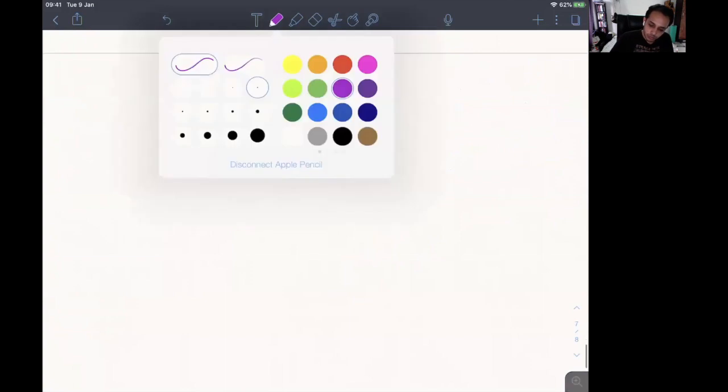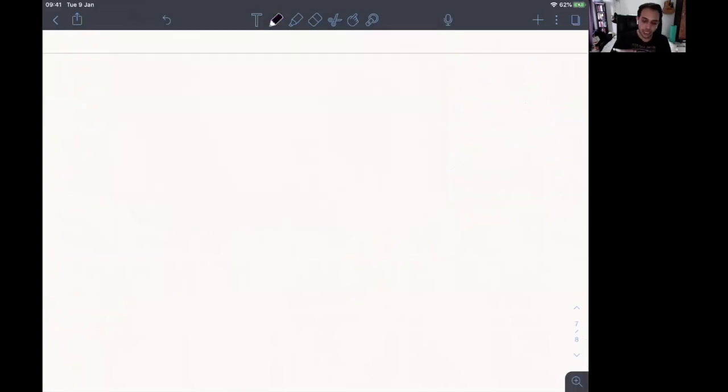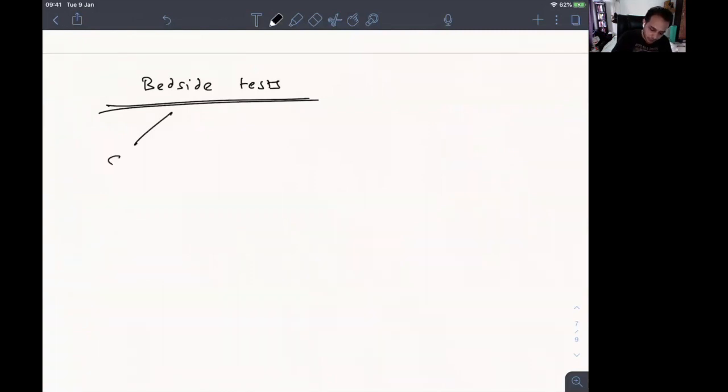Now coming to the tests, the investigations. How will you test for a case of vestibular dysfunction? So I will first be discussing bedside tests. You have a patient in front of you and he or she is saying, I have vertigo. Overall, there are three things that you want to check, and that is the three connections of the vestibular system. One is the connection with the spinal cord, so you check for vestibulospinal